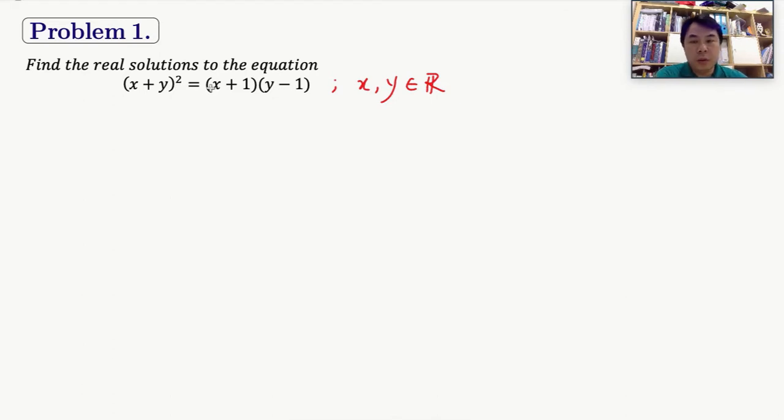Now there are many ways to do this. Of course, your first impression is to actually expand this. Yes. If you expand this, we will not be able to reach any conclusion. For instance, just let me show it to you. So if we expand both sides here, we will get